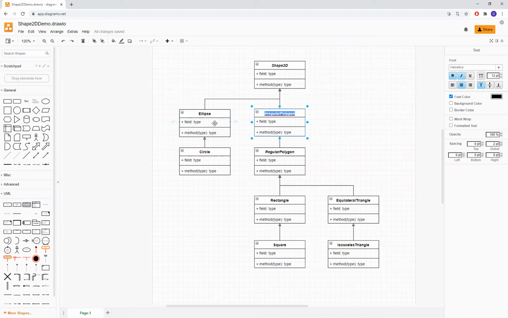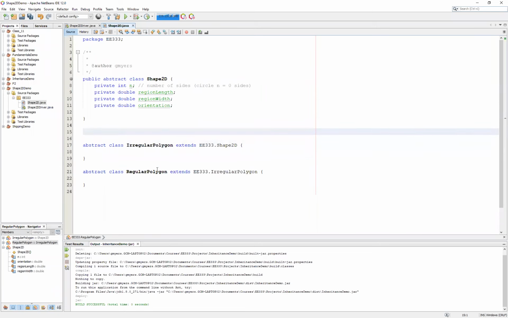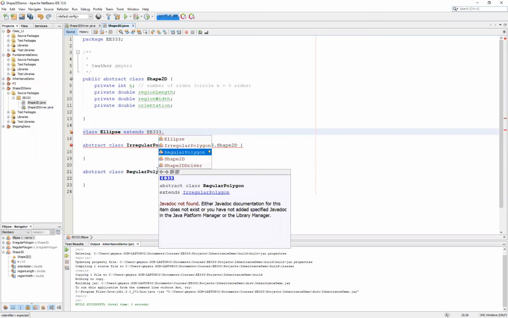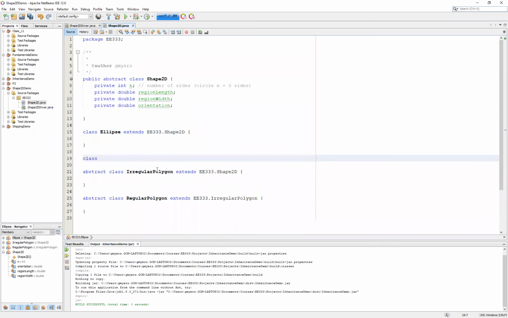In other words, it was actually going to have implementations associated with it. And it was also going to inherit from our Shape2D. So we can go ahead and create that. It doesn't really matter in what order you do this. So the class Ellipse will extend our EE333.shape2D. And then likewise, our circle is going to extend our